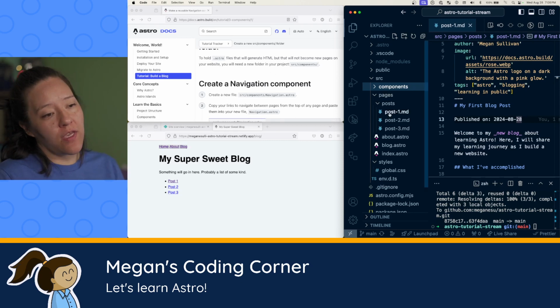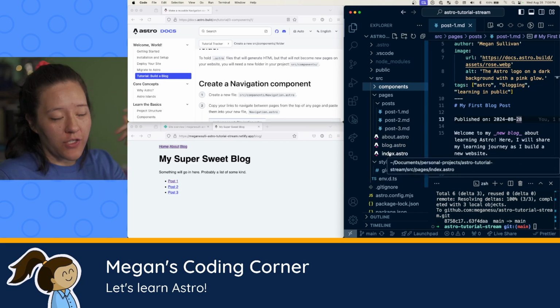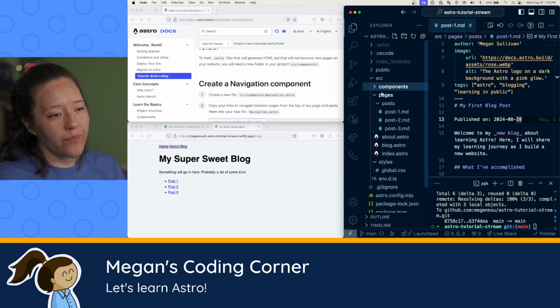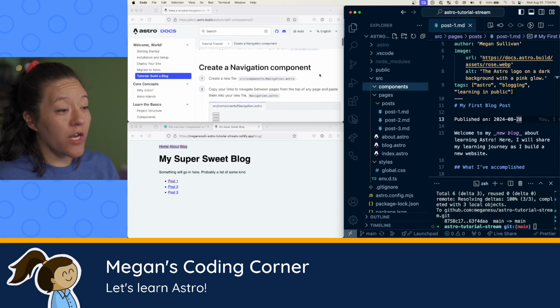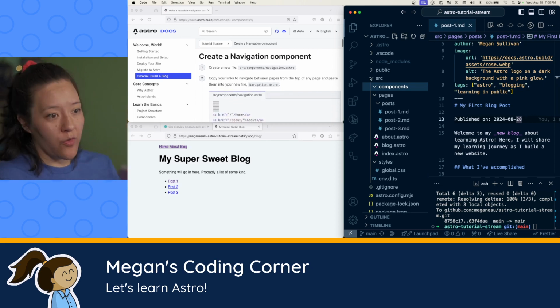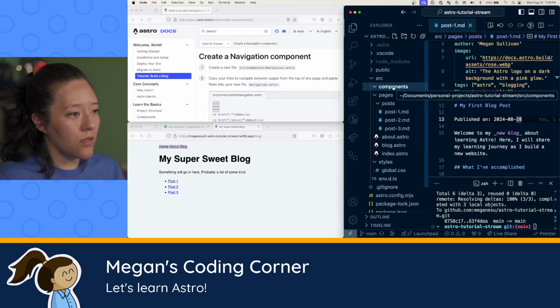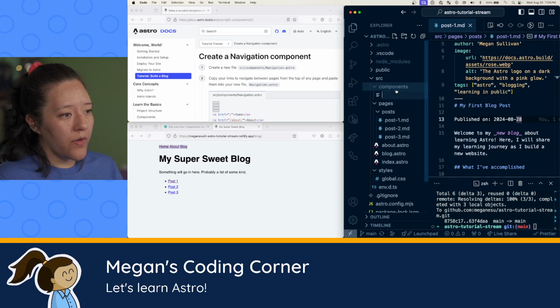Okay, so everything in this pages directory, this feels pretty standard, everything in here will have its own page on your site created. But then this one is just little bits of code that we want to use on our site, but use on other pages, not create a standalone thing. Okay,